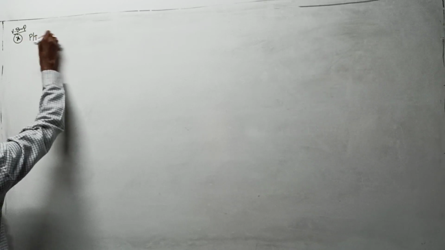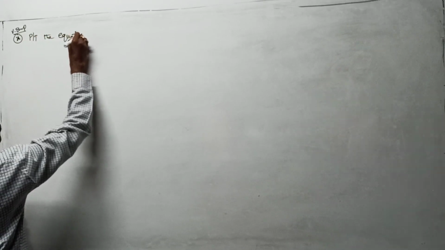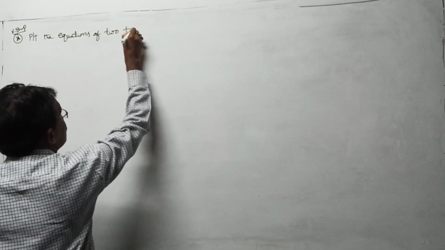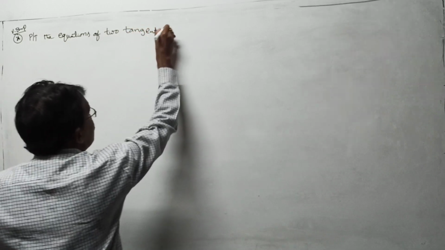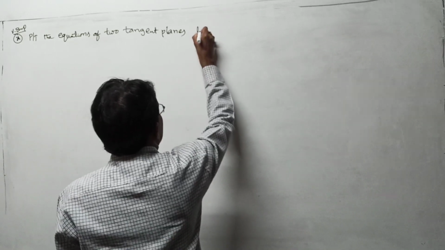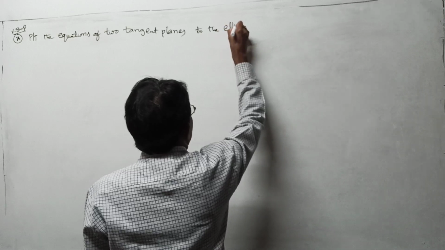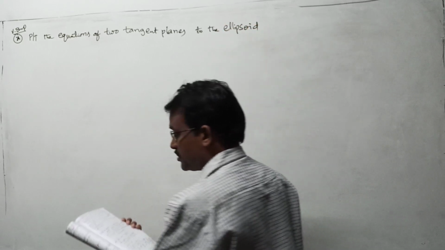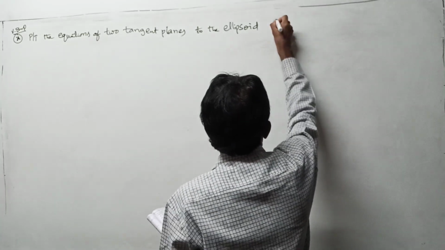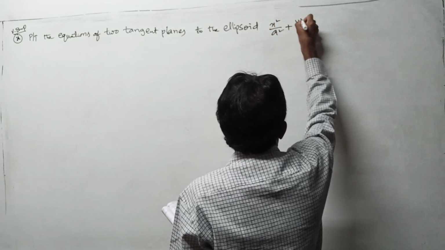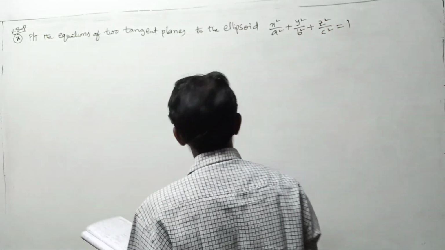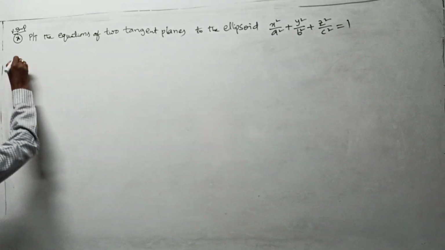Prove that the equations of two tangent planes to the ellipsoid x square by a square plus y square by b square plus z square by c square is equal to 1, which passes through the line